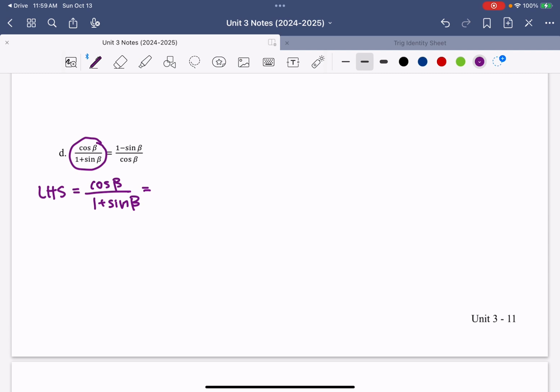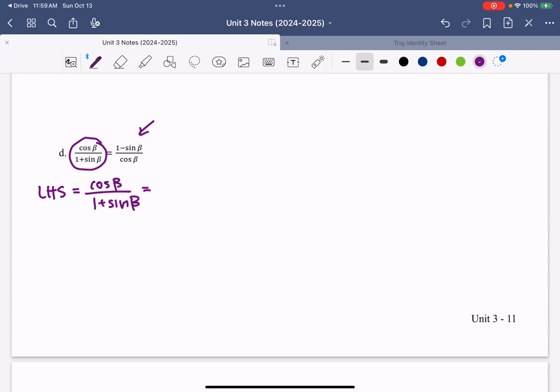Okay, so if I see where we're trying to go, basically I need to find the reciprocal of this. I want my sine of beta to be on top, I want my cosine of beta to be on the bottom, and I want the sign between the 1 and the sine of beta to be opposite. So instead of adding, I want to subtract. So one way that I think we can accomplish this is